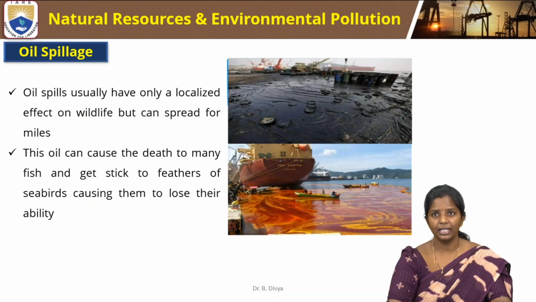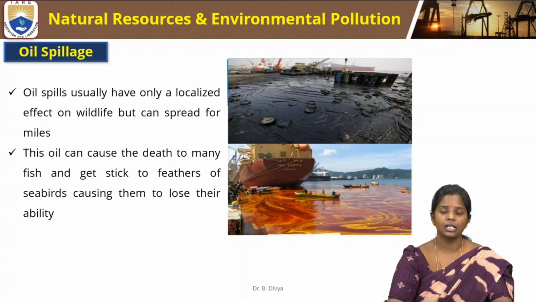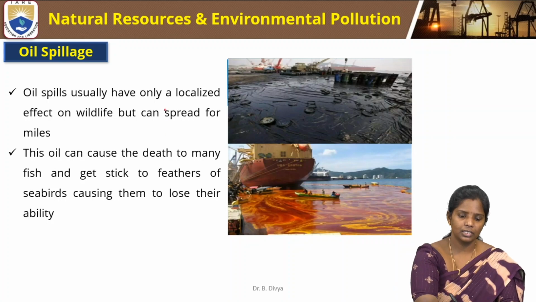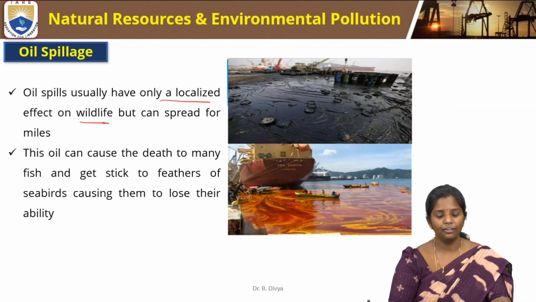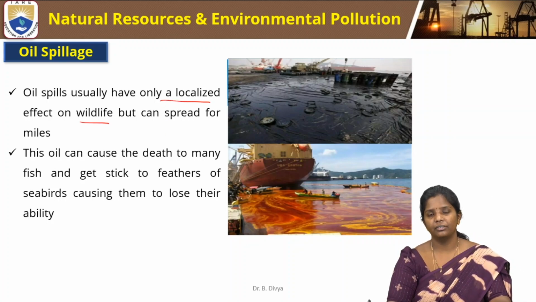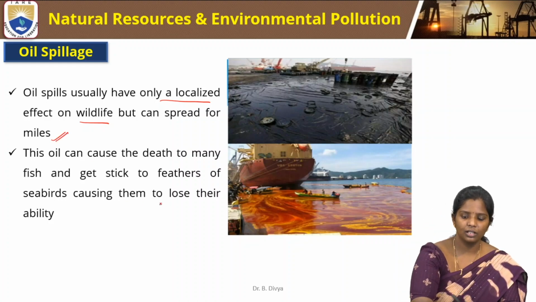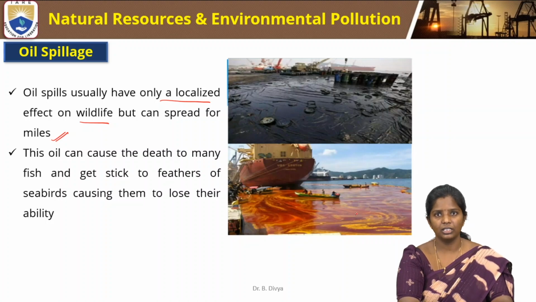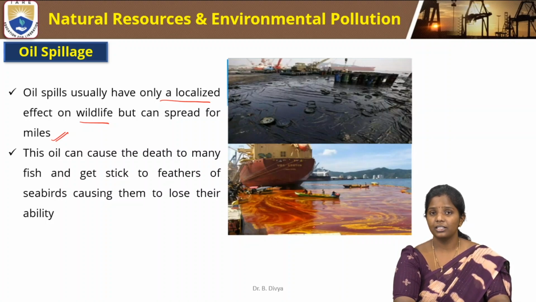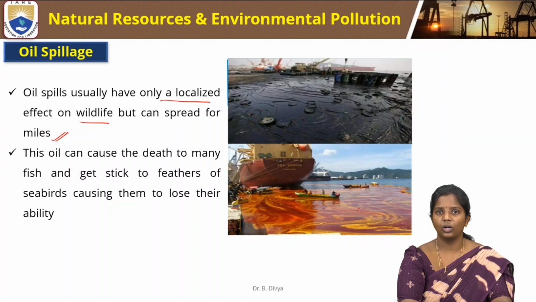Next is the oil spillage. The name itself indicates that spilling of oil into water bodies causes pollution of that water. It has a localized effect on the wildlife. The animals that come for drinking water also get affected, but it can spread for miles because this water is not stagnant. It is flowing through other areas, and therefore it can spread